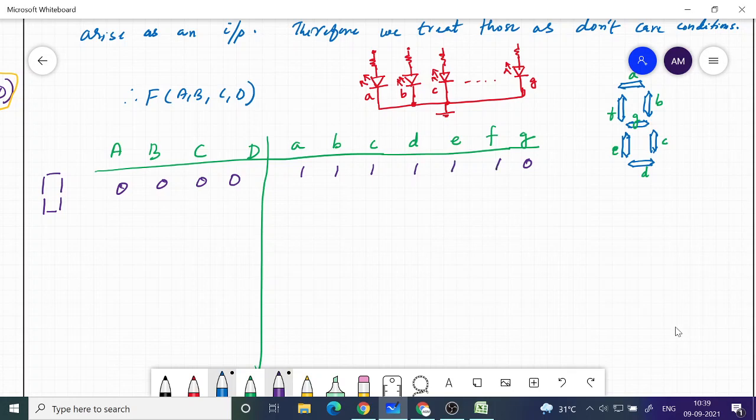G should be 0, and all others should be 1. Okay, so that will lit up A, B, C, D up to F, but G is given as 0 input. Okay, so high voltage is given here, and the last one is given low voltage because it is 0. Logic 0 means low voltage. We are using positive logic. Okay, and so all the segments except G segment are going to be lit up, and we get a 0